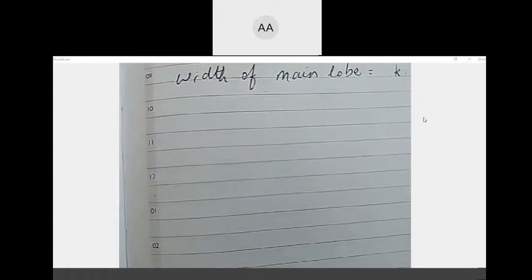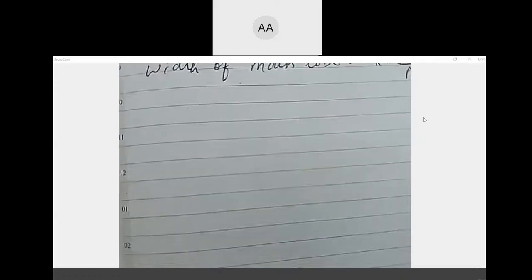Let me show you the table. I hope you will take down the table also. Just a minute. All the different windows.